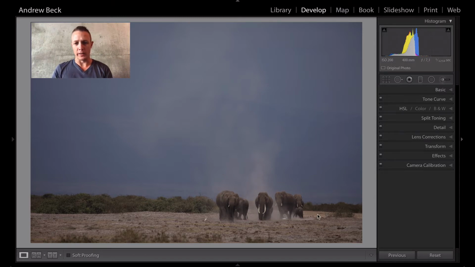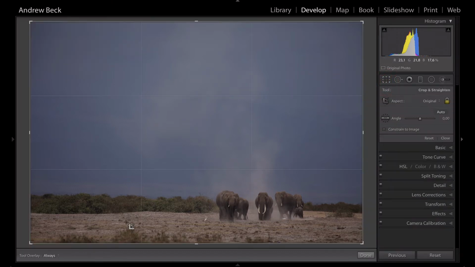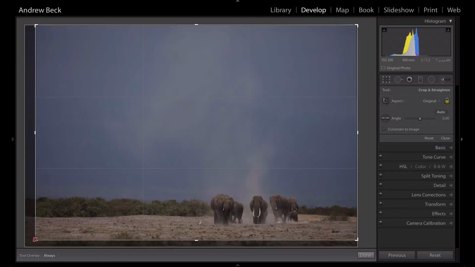So having a look at this from an editing perspective, you've got to again ask yourself the question, what is it that you want to dial up and draw the viewer's attention to, and what are the potentially distracting elements in the frame? So as a starting point, before we go anywhere, I'm going to open up my crop tool, and these bushes, this short scrub in the foreground here, we can very easily get away with removing some of that